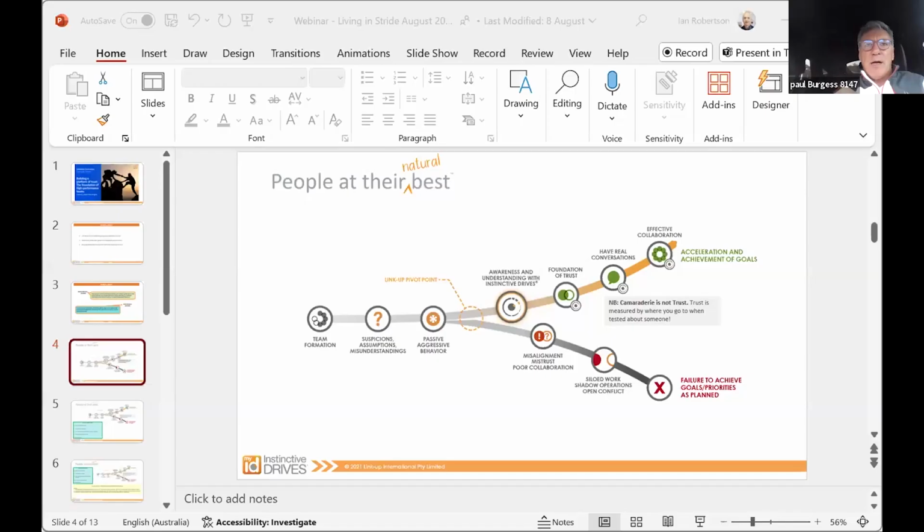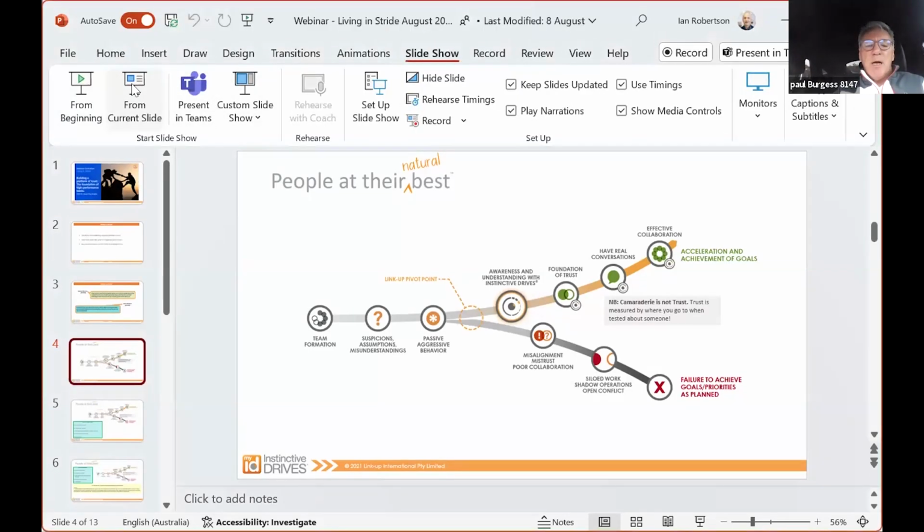I'll just keep talking while Ian puts up the slides. Even if you've got a team of 12 people and everyone is really trustworthy and trusting, when you put them together in a team, the team takes on its own energy. It's an organism of its own. The dynamic that happens in a team is one of suspicion, and you don't get to a place of trust unless you do some work to specifically build trust.